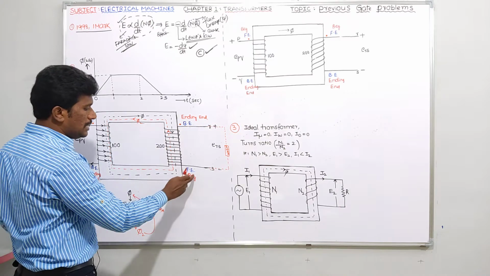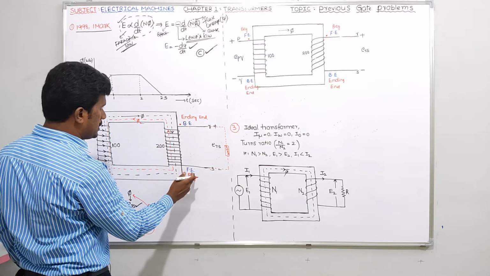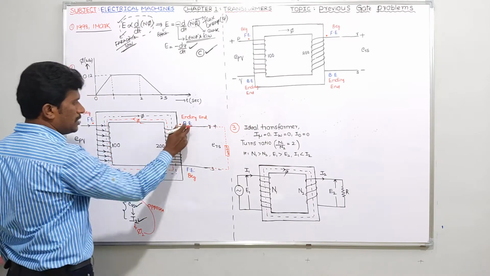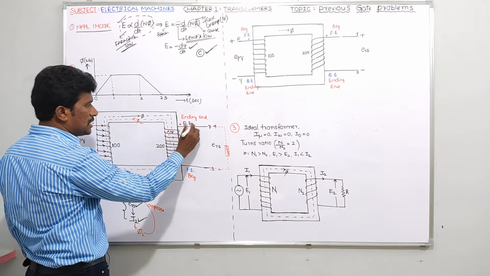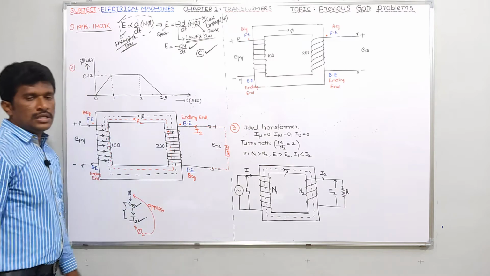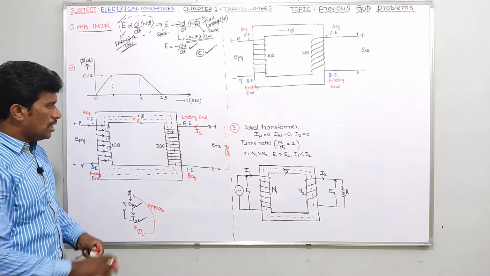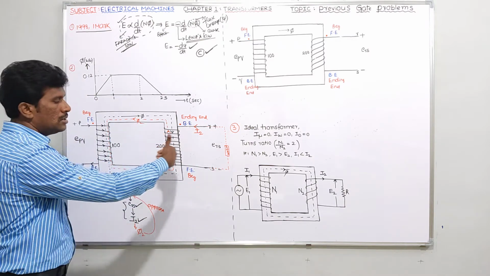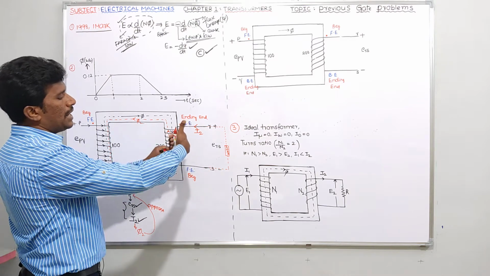So the back end is here, no? I can take it as the back end is here, not here. It's here, the back end is here. That's why you should show the I2 direction here like this. Try to be careful. If I want phi 2 upwards, the current might have entered at the back end.